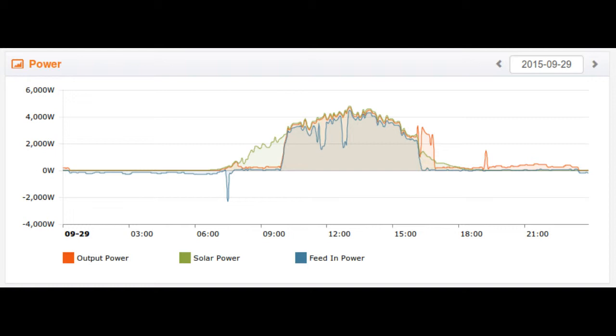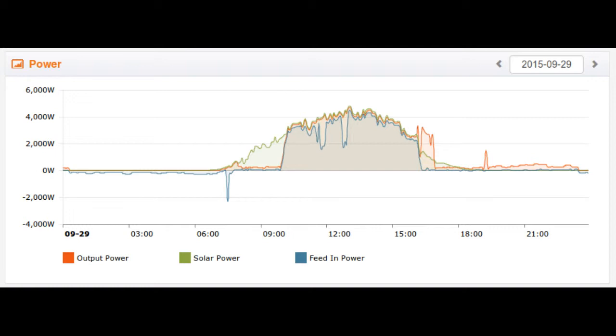So what happens is that we stop exporting so much, and we're starting to use some of that in the house ourselves. And then once the water's been heated by the dishwasher and it goes into its wash cycle, you can see that the blue line comes back up again, and so we're exporting all of this spare power back to the grid. And then a bit later on, the dishwasher does the rinse cycle, and again it heats some water up to do that, so you get a second dip there. And then after that's done, the whole rest of the energy for the rest of the afternoon is way more than we're using. We'll all be out at work and school, so it's all just being exported out to the